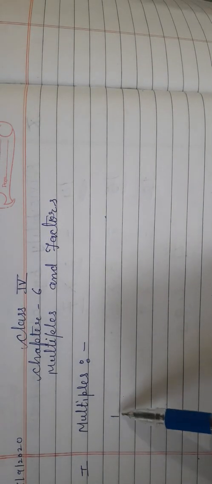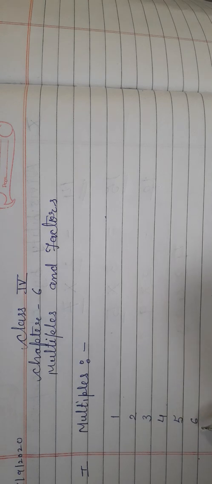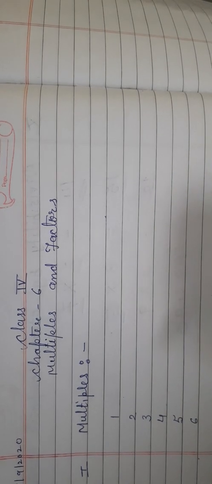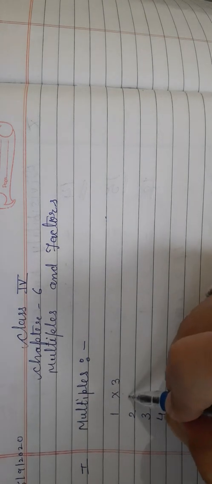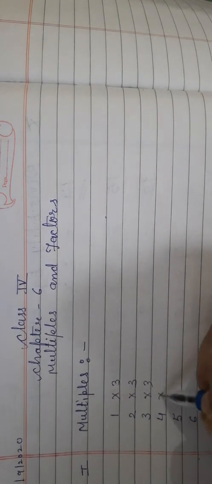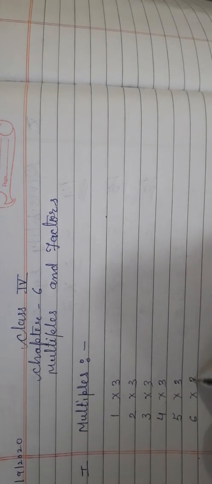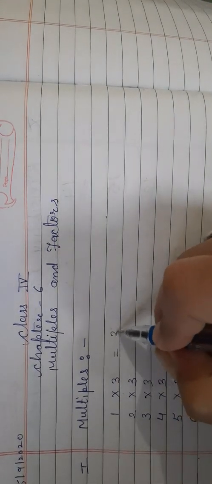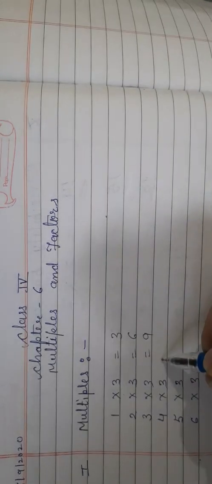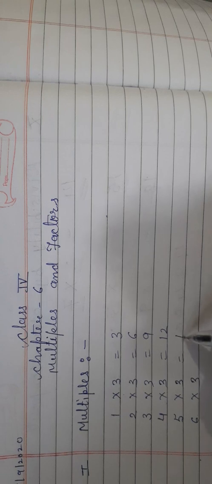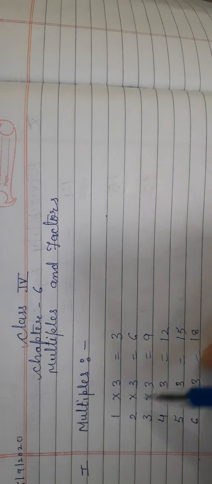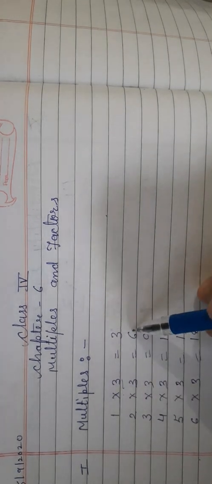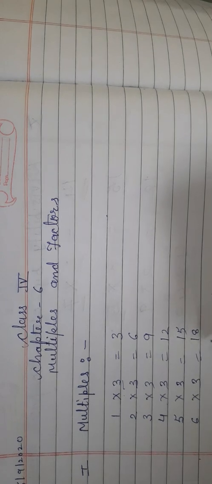If we multiply 1, 2, 3, 4, 5, 6 and so on by a number, we get the multiples of that number. Like when we multiply 1 by 3, we get the multiples of 3, that is 3, 6, 9, 12, 15, 18 and so on. So the multiples of 3 are 3, 6, 9, 12, 15 and 18. Similarly,